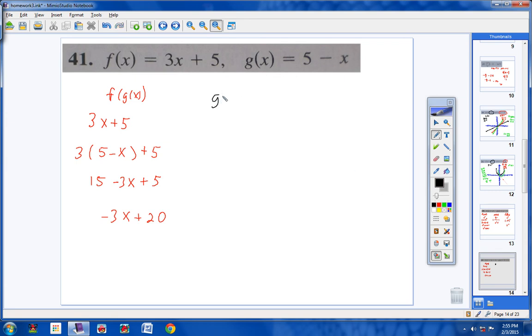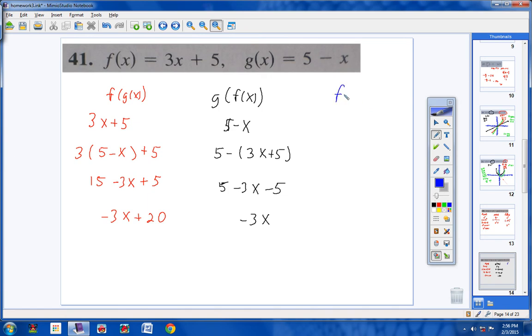of f of x. Okay, here we go. Your outside function's g, so we write our g function. Then where the x is, we put a pretty big parentheses. And then my next function is f, so you pick up f and put it inside the parentheses. And you're left with 5 minus (3x minus 5). Your 5's cancel out, and you're left with negative 3x. Alright, moving on now to